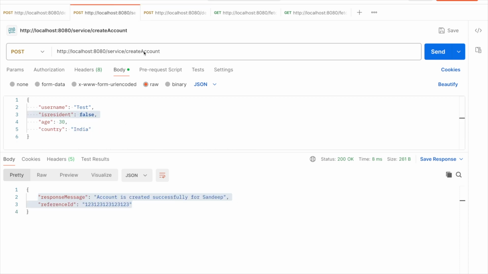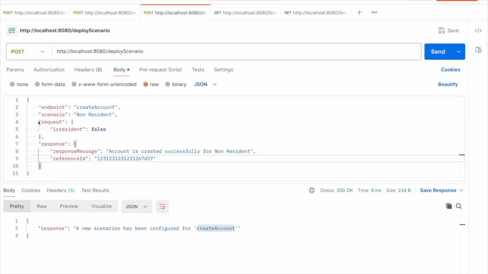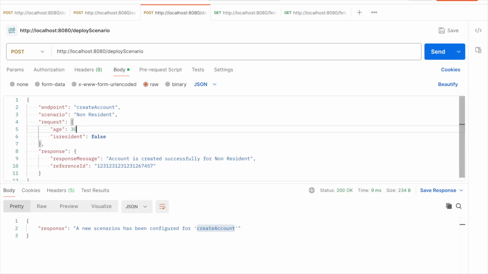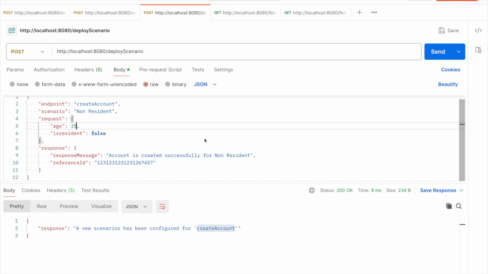The same request which we tried earlier returned a default response where a name is given. Now let's try with a different value, false, and now the new response has come in: account is created successfully for non-resident. Let's change the age value to 35, and let's configure another scenario for this 35,